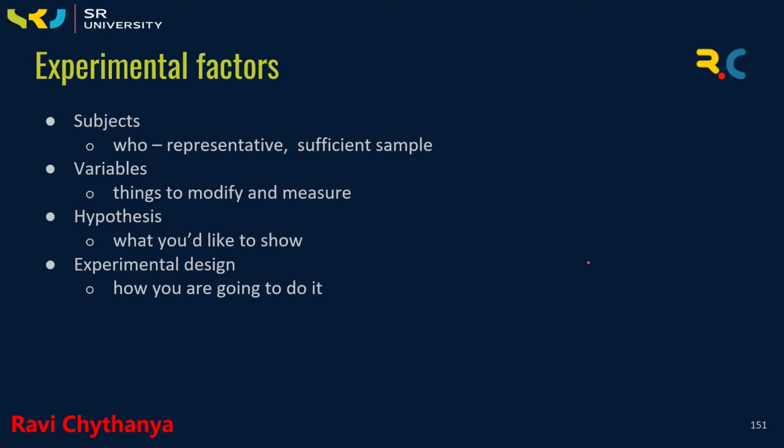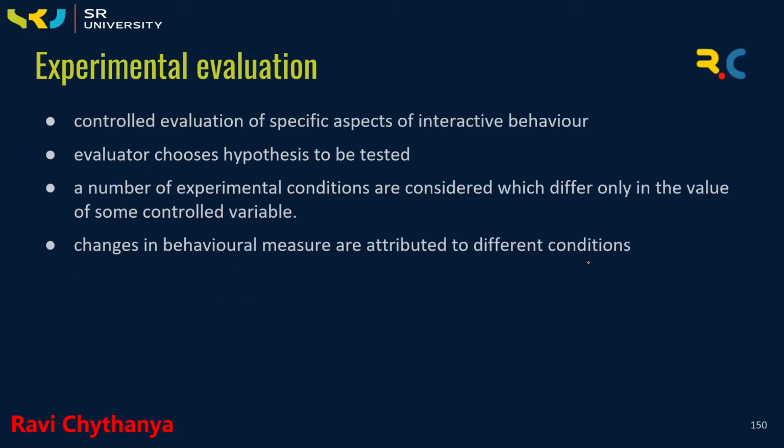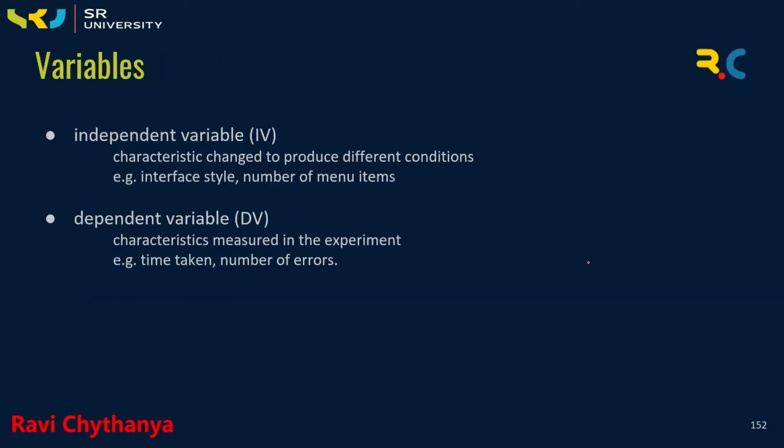And for the experimental design, you are going to have a design which provides how that experiment is going to be done by you. Okay, so these are the factors for the experimental evaluation. And the variables here, we are going to have two types of variables: one is the independent variable and the other is the dependent variable. So the independent variable is nothing but